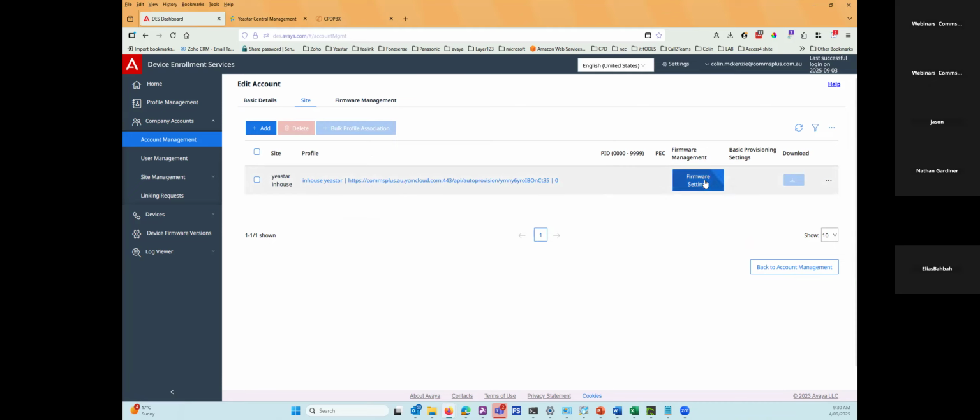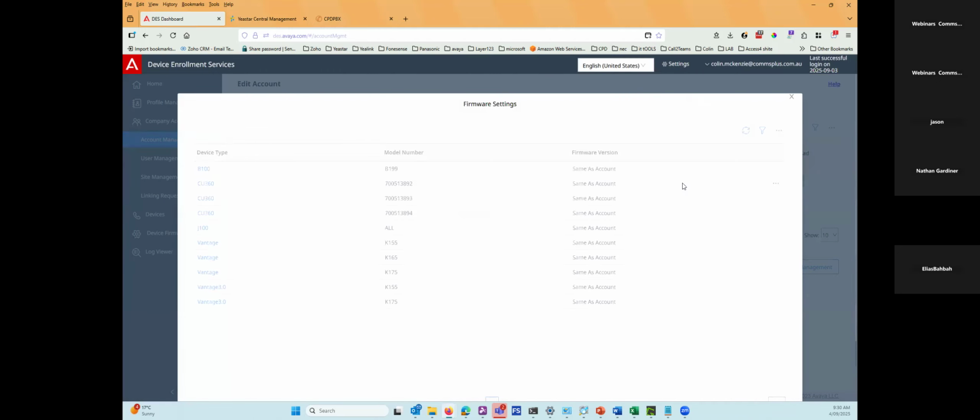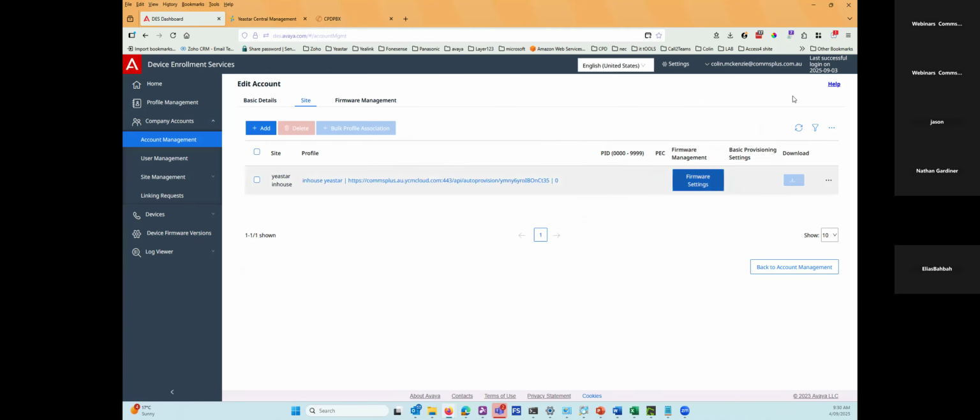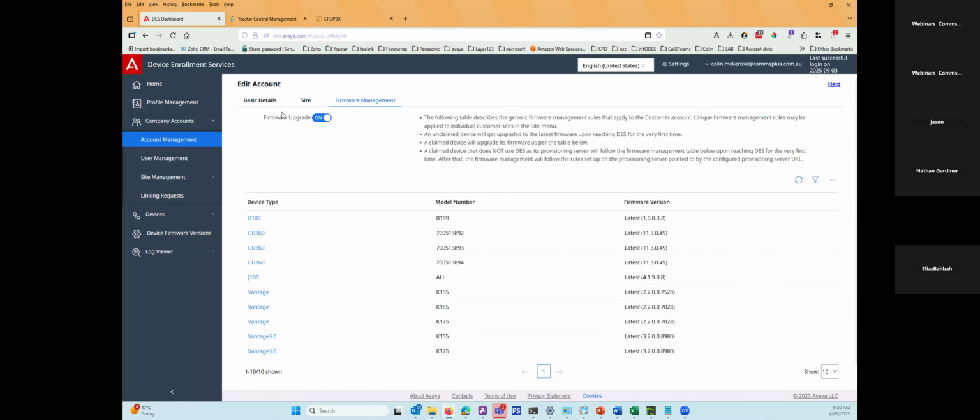All right. And then what I do here is I also say update to the latest firmware. All right. So you can actually manage the firmware here and select what firmware version. I just set it to update to the latest. All right. So once you've got all that set up,